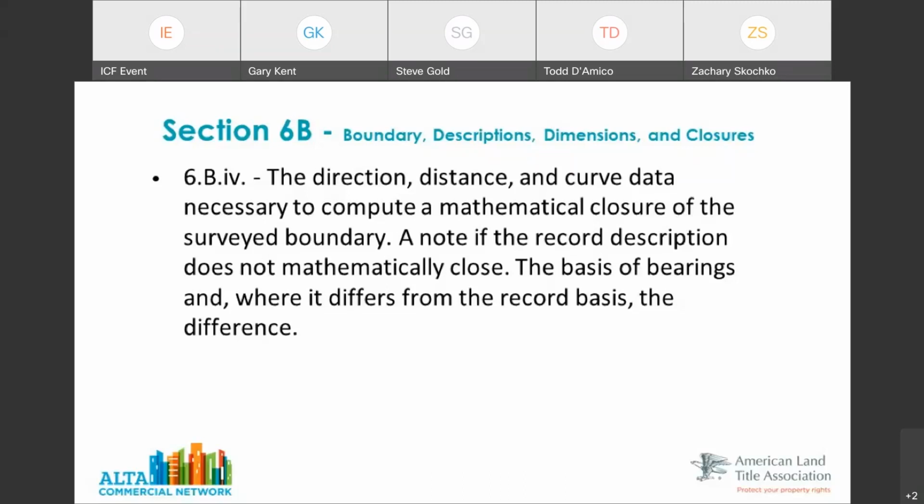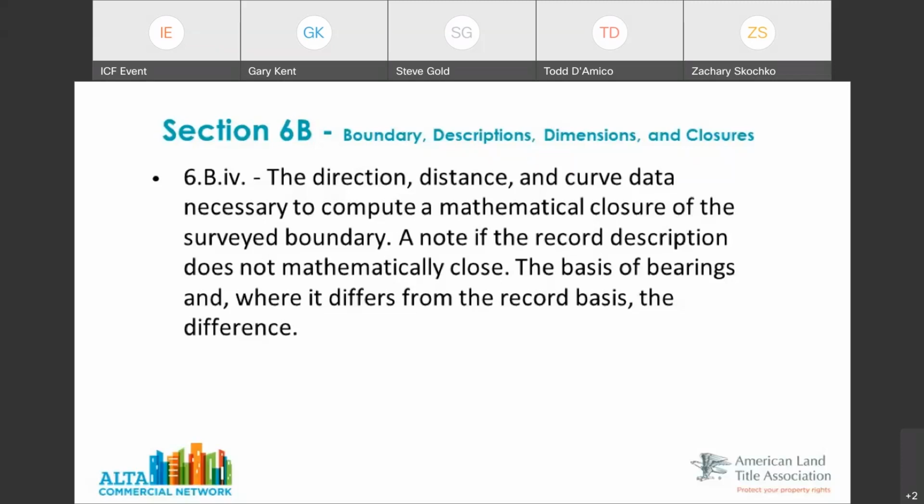Also, if there's an issue, let's say we have a legal description that doesn't close, doesn't come back to the point of beginning, and let's say it's grossly off by 30 feet. Well, in that case, there should be a note on the survey from the surveyor saying that that doesn't close. They may have to run some other deed descriptions and survey some additional property to determine where the error is in the original description. And that may constitute an additional description in that regard where there's an as surveyed description on the face of the survey.